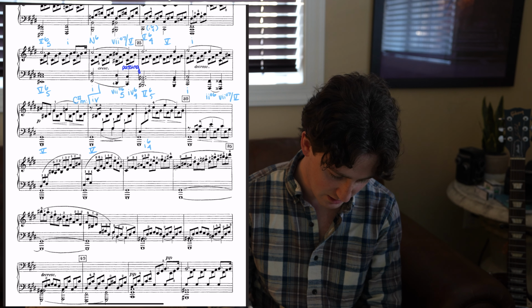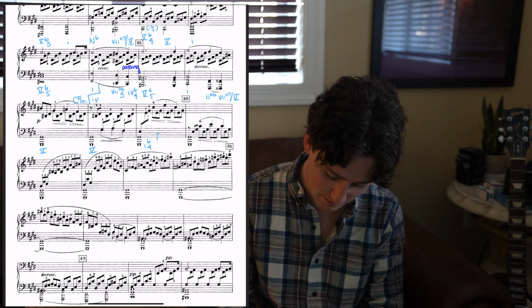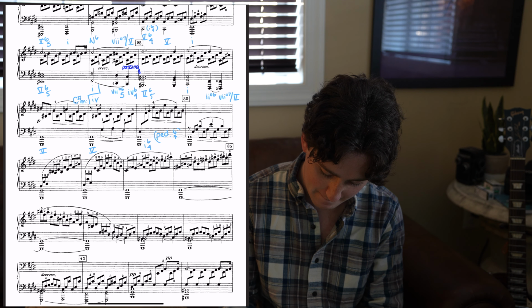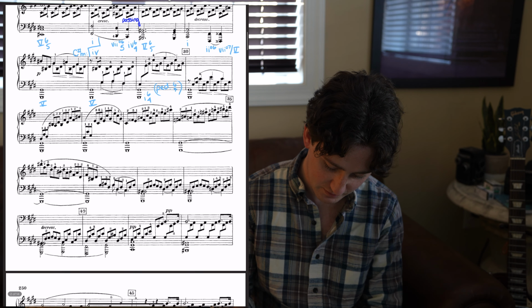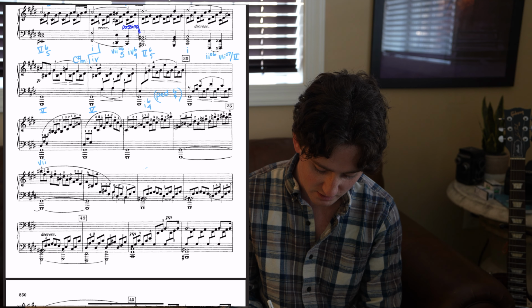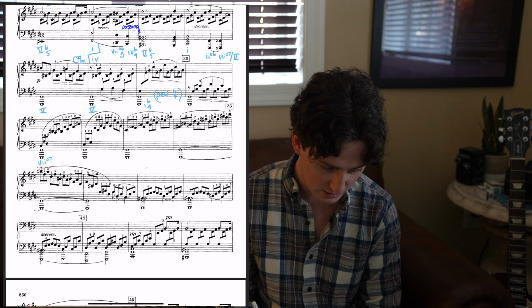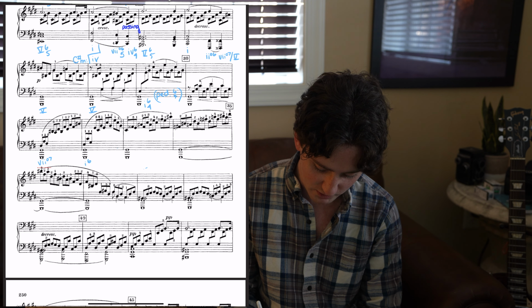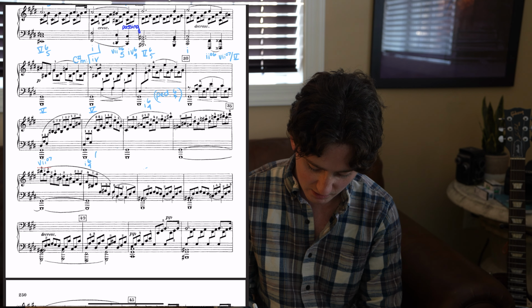So all throughout here, this is a pedal 6, 4. Same thing there. This measure is a 7 diminished 7, going back to a 1, 6, 4, which is a pedal 6, 4,